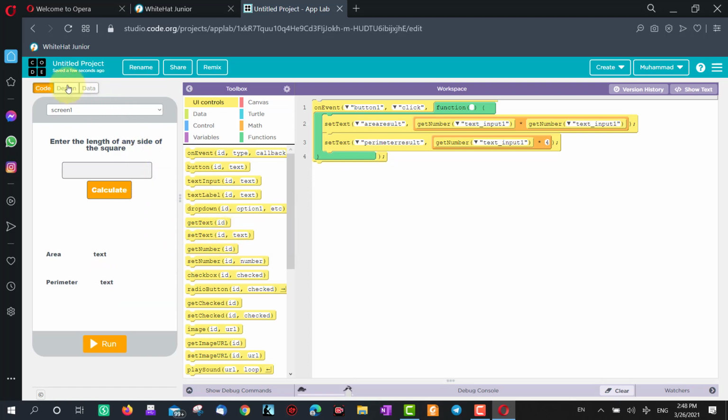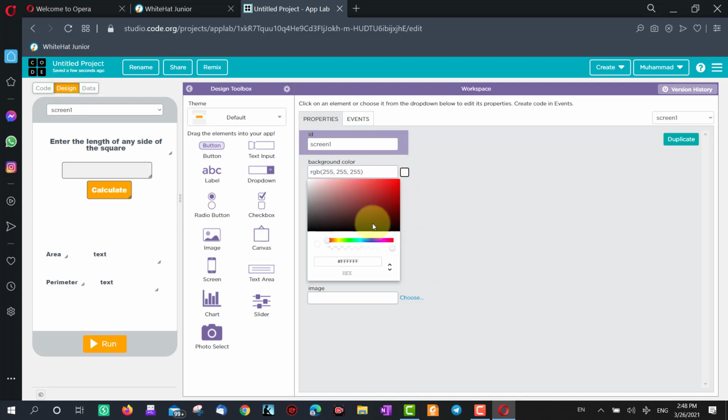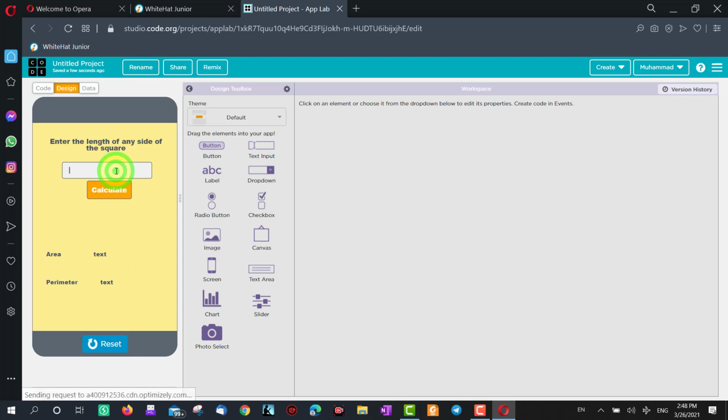Now you can change the design here. You can change the background color of your choice. Here I'm just showing you how you can do this. Always remember that if the background is in light color, the text must be in darkest color. So let us run this. So we clicked on the run and we are putting the input. Just I have given 6. Calculate. So 6 6s are 36 and 6 4s are 24. Here is our calculator running fine.